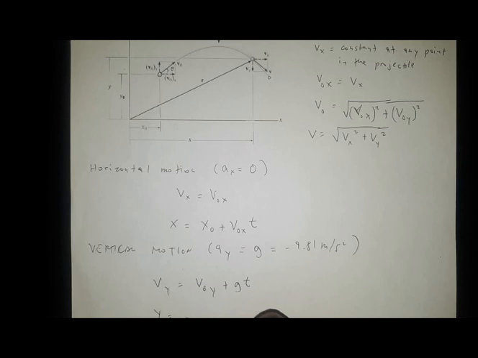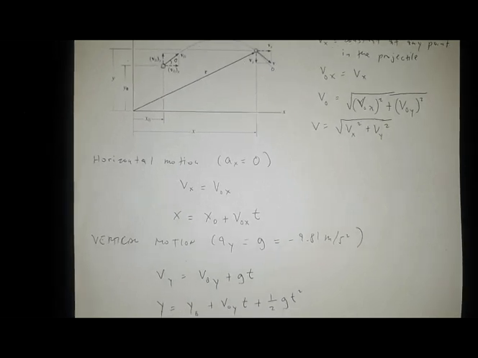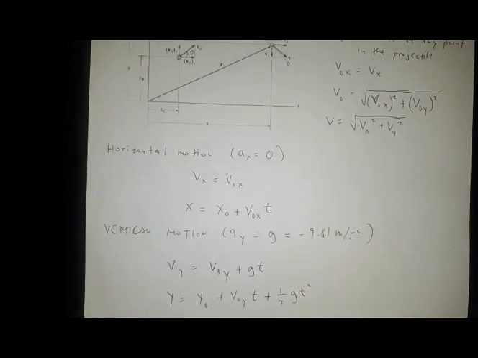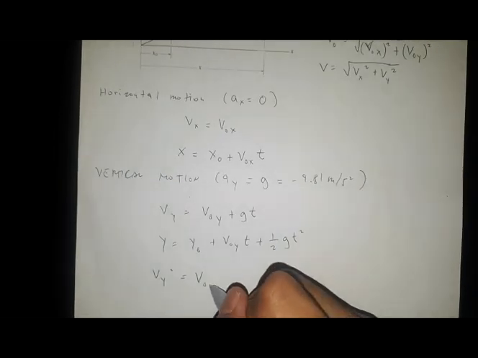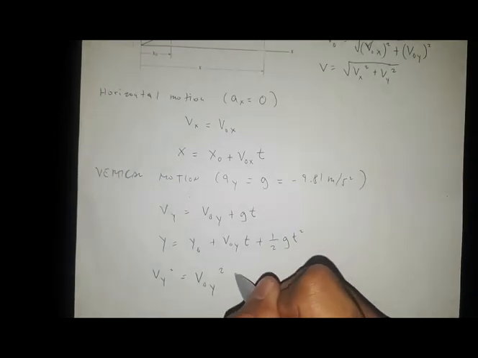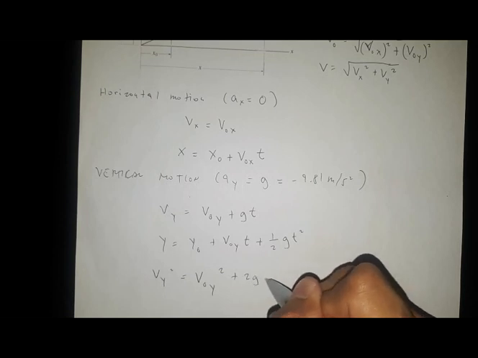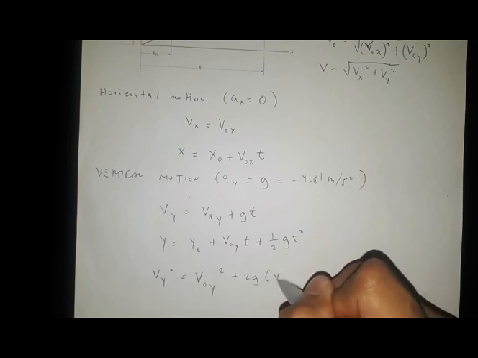Your y is equal to y naught plus Voy t plus 1/2 gt squared. So this is the position as a function of time, and we have Vy squared equals Voy squared plus 2g multiplied by y minus yo,